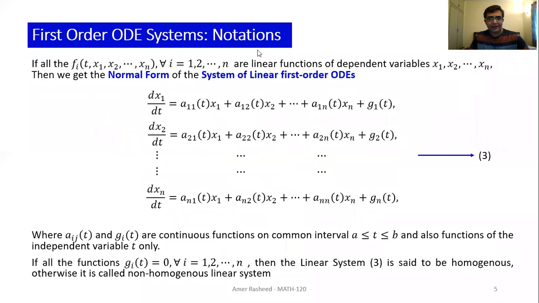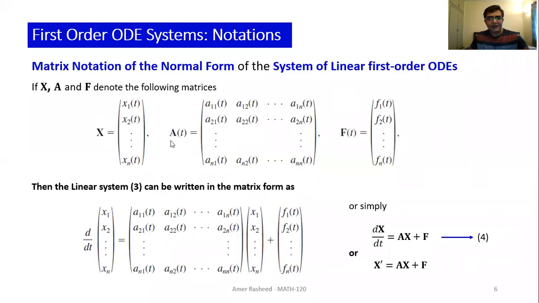You can see here, these are the coefficients which we put in the matrix. Now, if we write the matrix A in this form, and the right hand side, you can say this vector